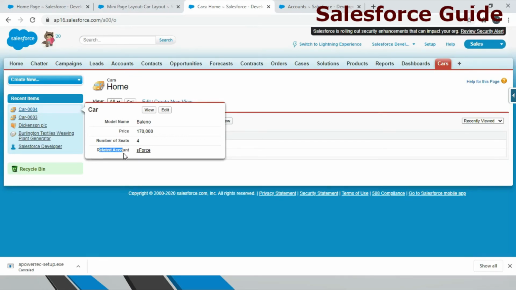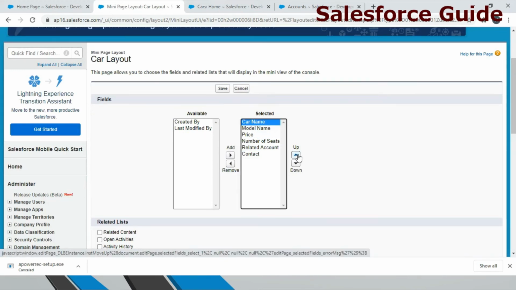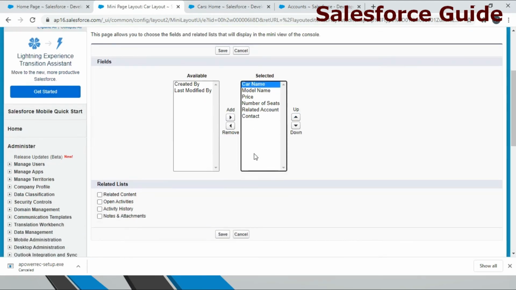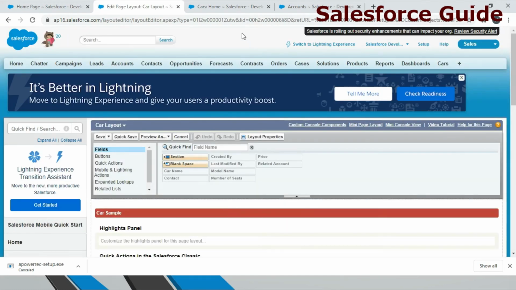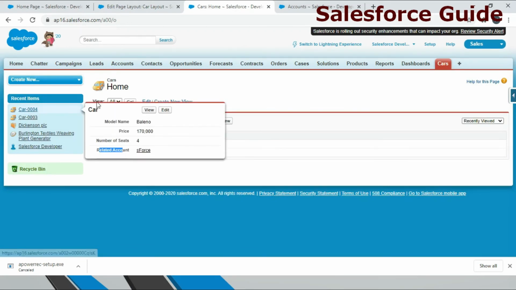We don't have a related contact here, so we will add contact name as well as car name. You can also decide the order in which you want them shown. Now you select the fields, then check it again and refresh the page.